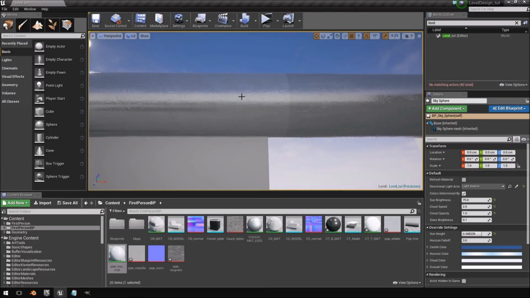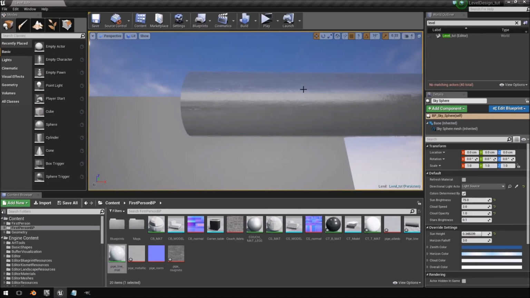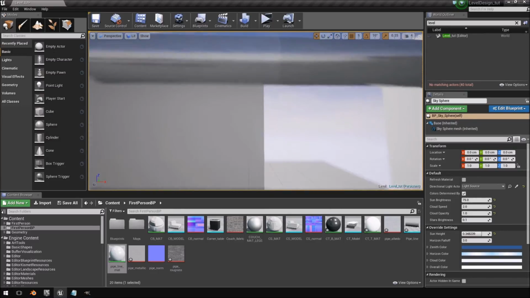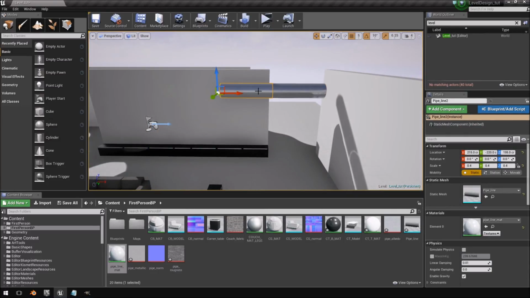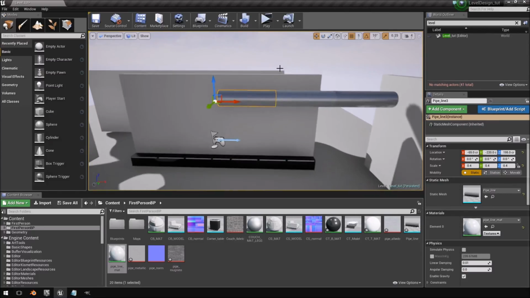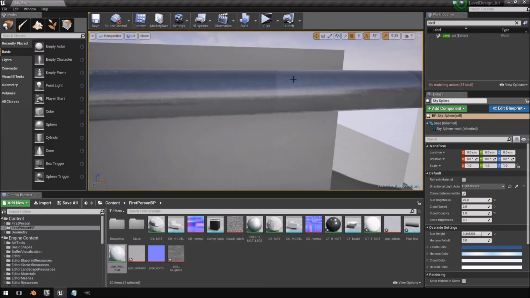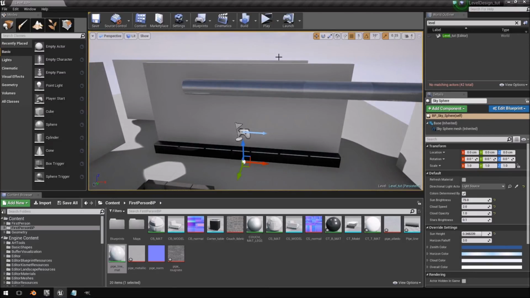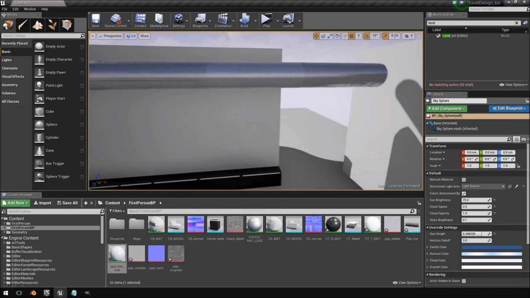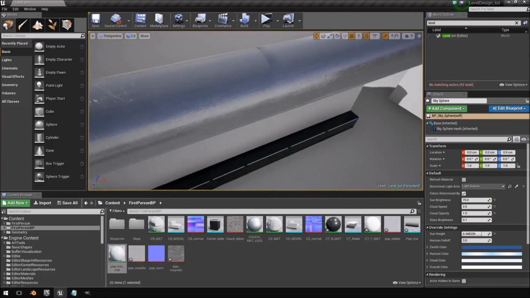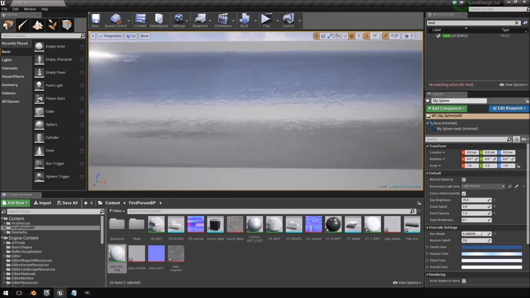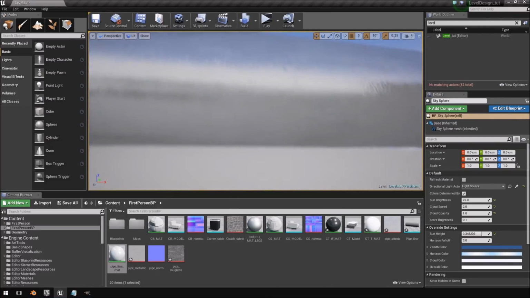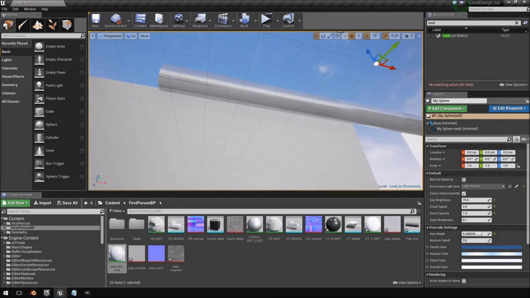Well, that doesn't look okay. That gap, there's like a definite color change between the two of them. I just think that's because of where they are inside of the level. And now that one is darker again, and this one's probably going to be lighter. No, this is just because of where the light captures it. But as you can see, there is like a slight seam over there, which the smaller the pipe is, you